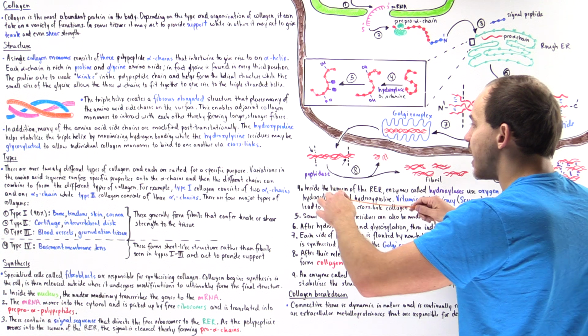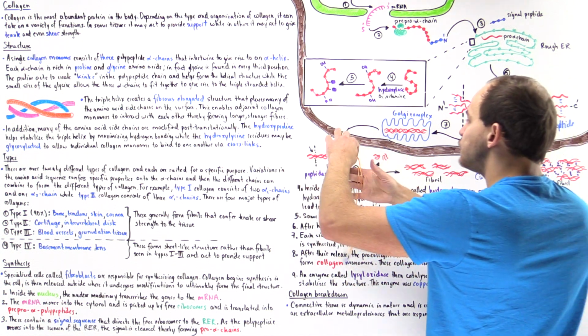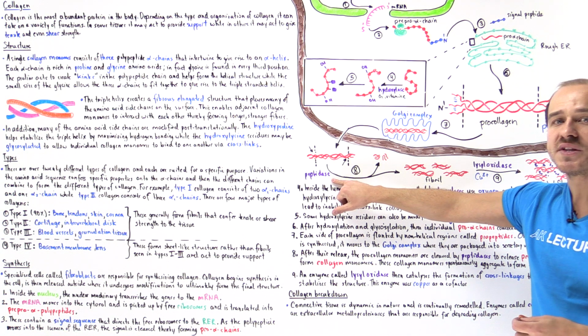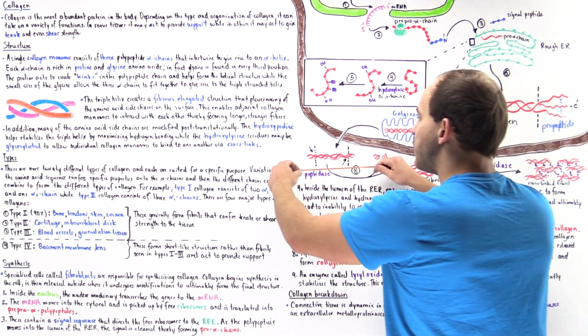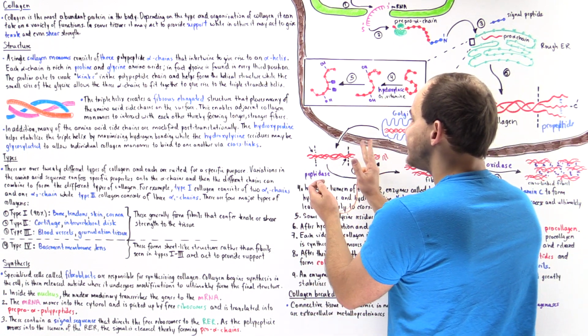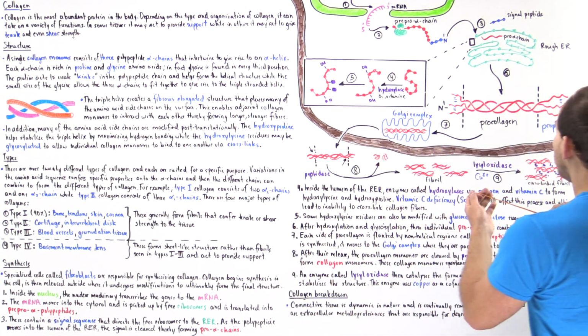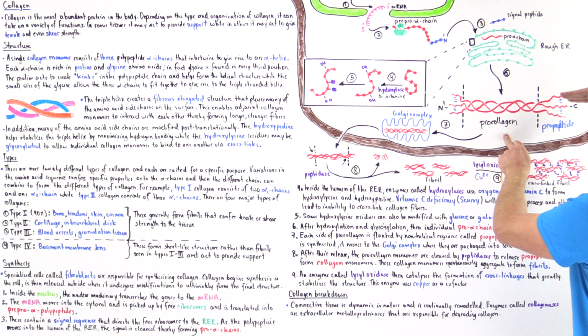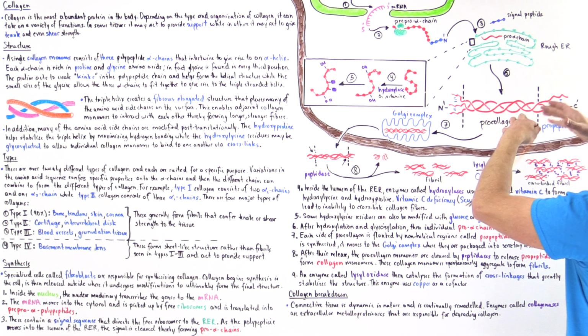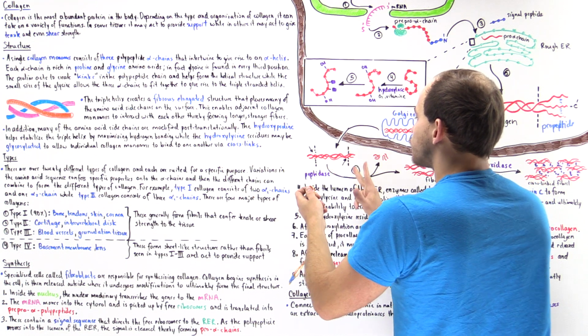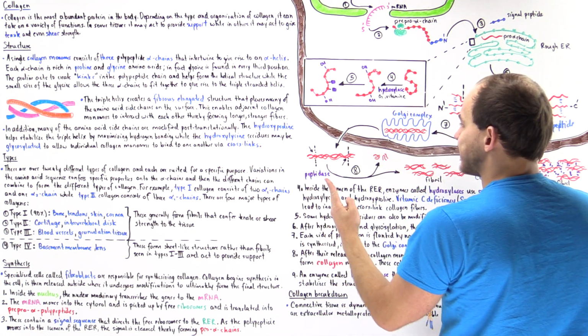So once outside, we have these procollagen molecules that are acted on by enzymes known as peptidases. And what peptidases do is they snip the propeptides off. Because the entire point of these propeptides was to contain these disulfide bonds to hold the structure together. But now that they're outside, we want to remove them. And so the peptidase essentially clip them.